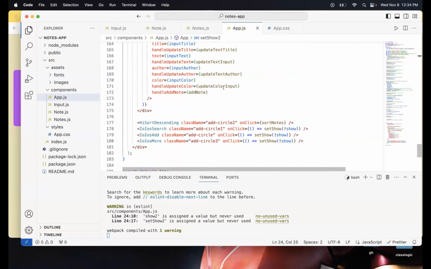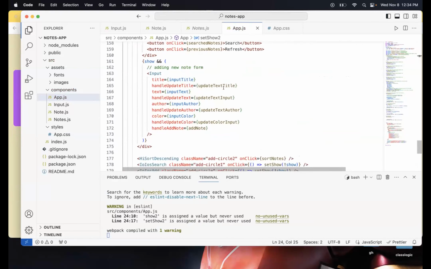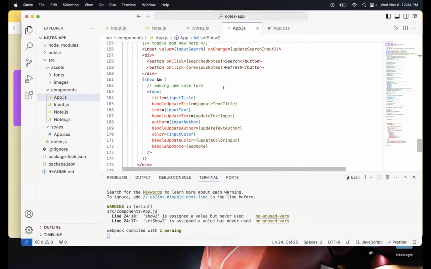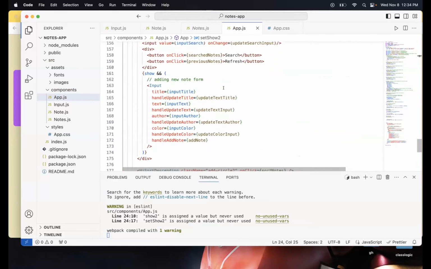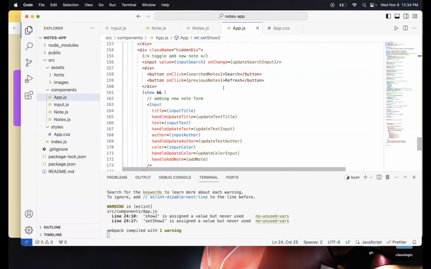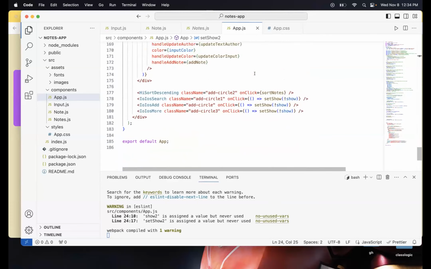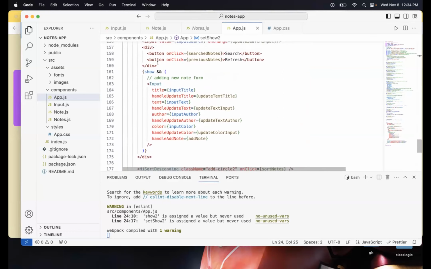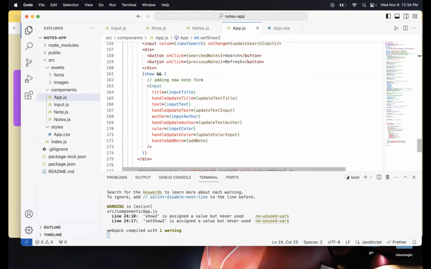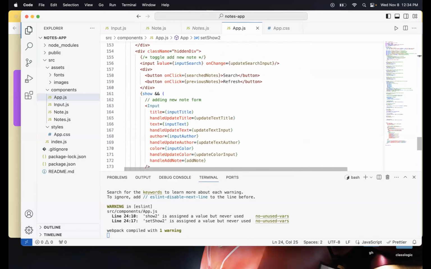One thing that I probably want to do is, how do I go about this? So when I click on this, everything else is going to hide, right? So for show, interesting.